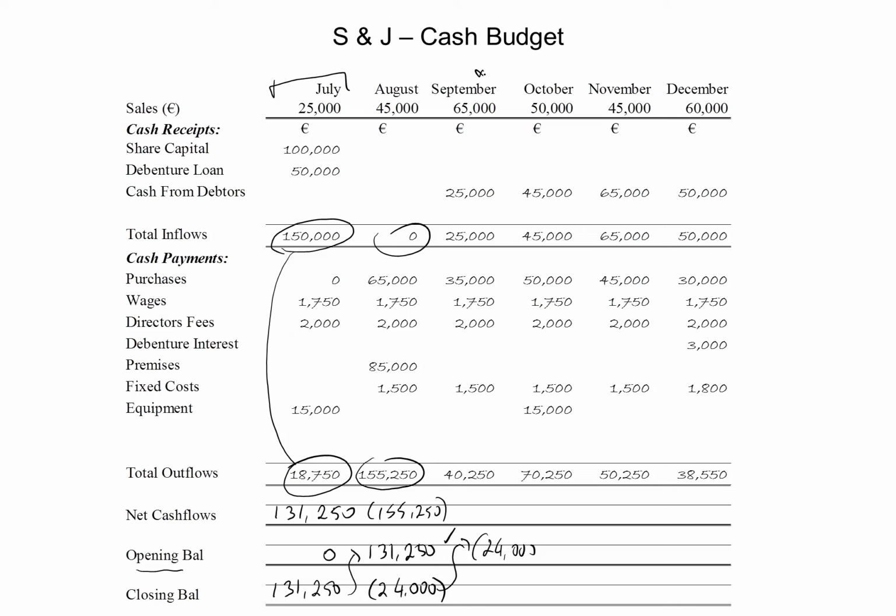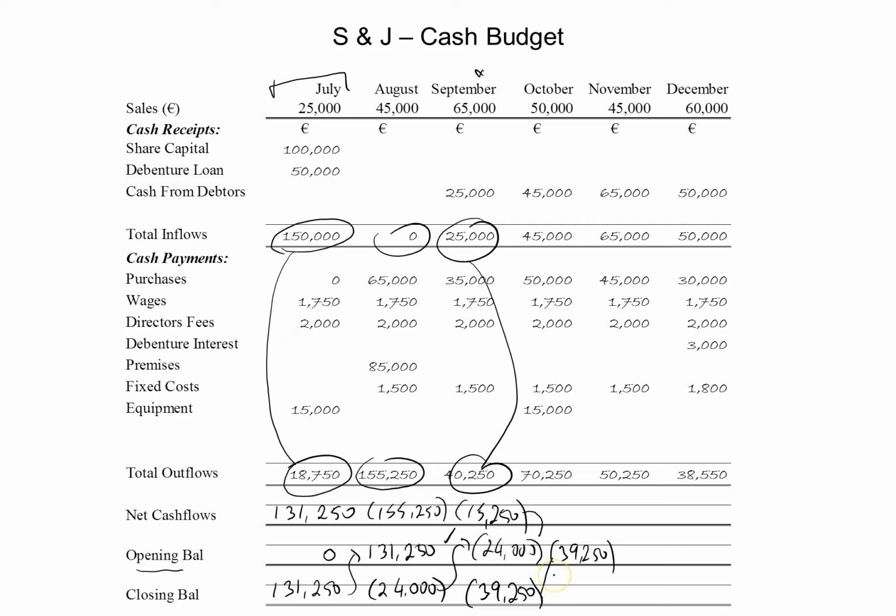at the beginning of September. So for September, 25,000 projected to come in, 40,250 projected to go out, which will give us a net negative cash flow of 15,250. So we have a negative cash flow of 15,250, and that will be added to the negative 24,000, which brings the net negative cash flow up to 39,250. So this is rolling forward into October, minus 39,250,